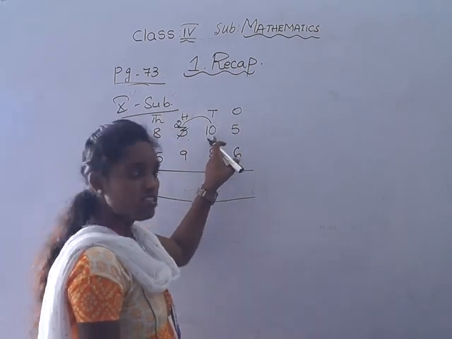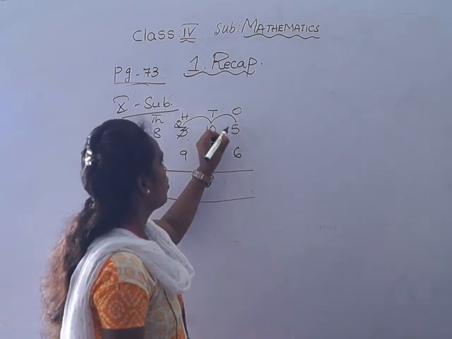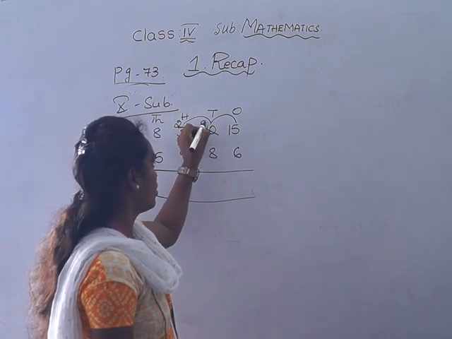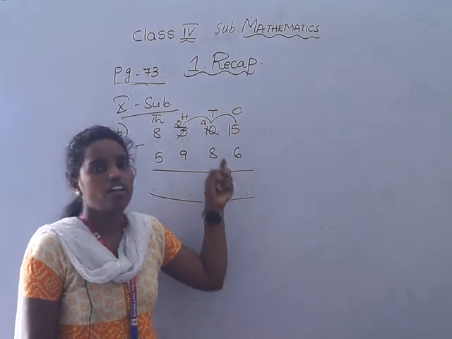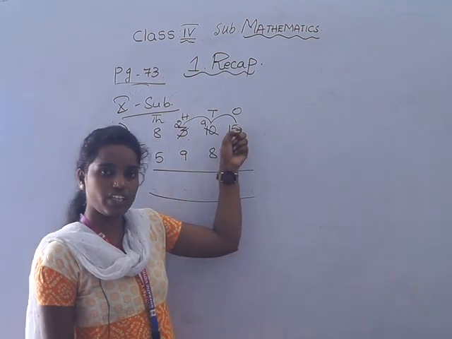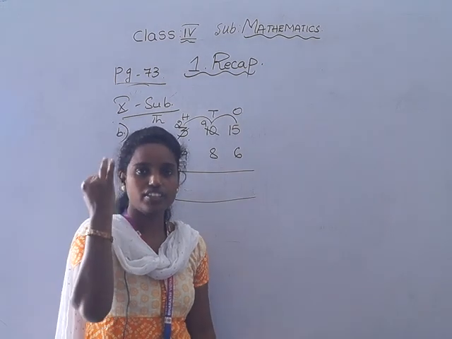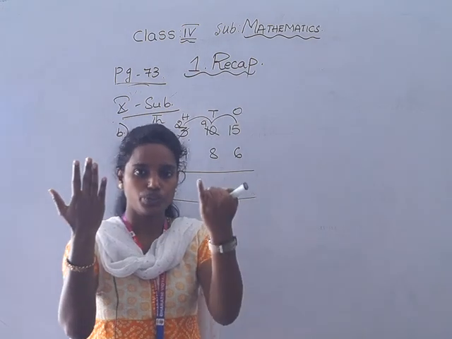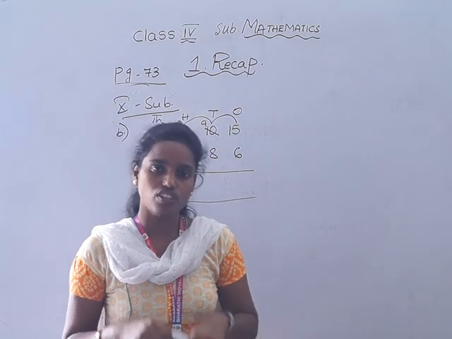Now from tens we are taking borrowing again. So this number will become 15. 10 minus 1 is 9. Now children, we can subtract 6 from 15, no? Now keep 15 in the mind. 6 after 7, 8, 9, 10, 11, 12, 13, 14, 15. Have you got it children?